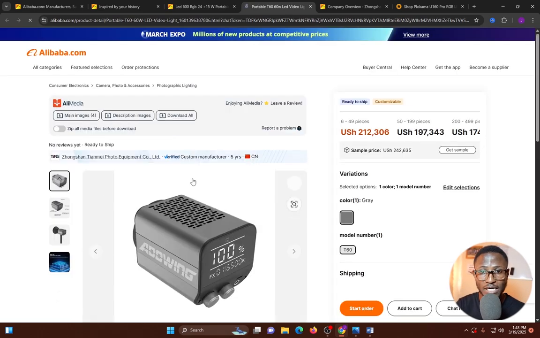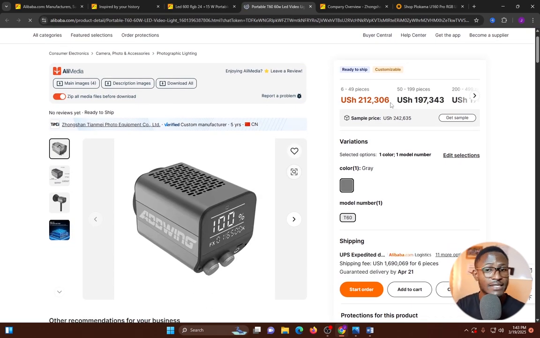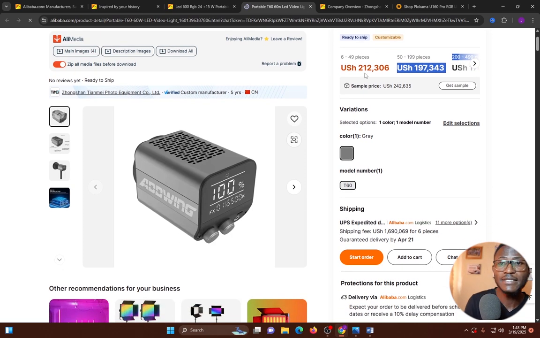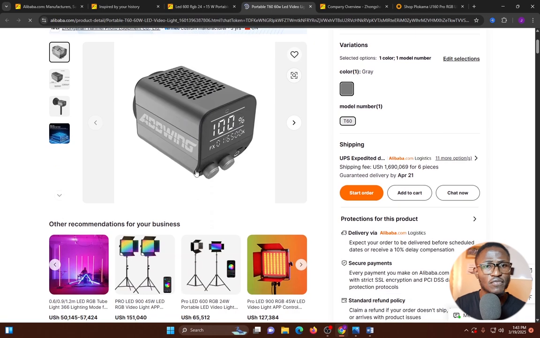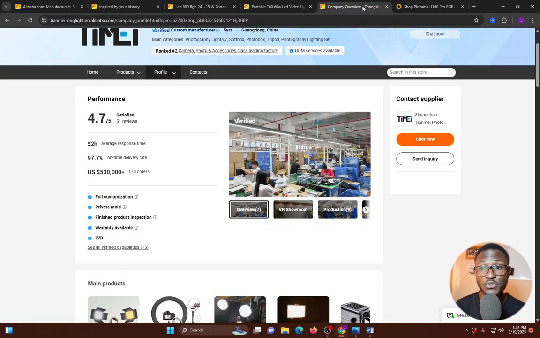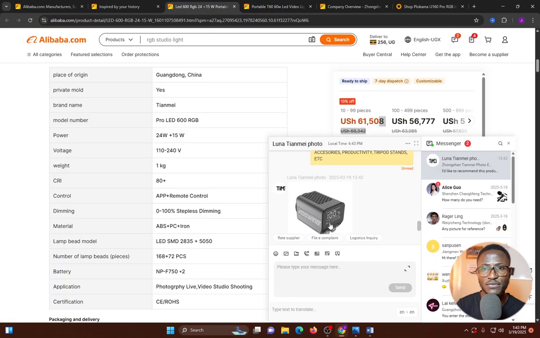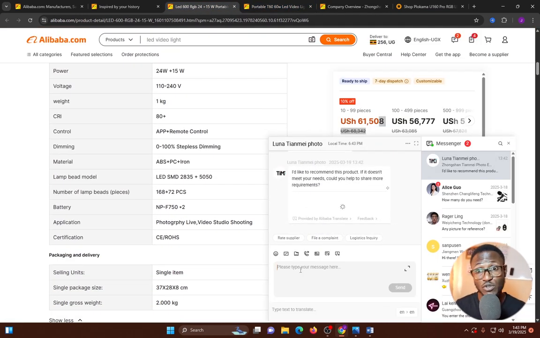I can see I've used these lights before. They are very good, but they are a bit expensive. As you can see, it's up to 200 something, 212,000. Now, if you buy this, of course, you will need the other soft box, something like that. So I will go back and be honest and tell him, for now,